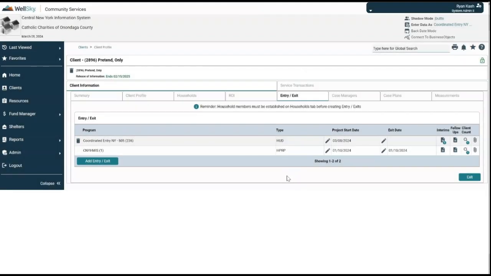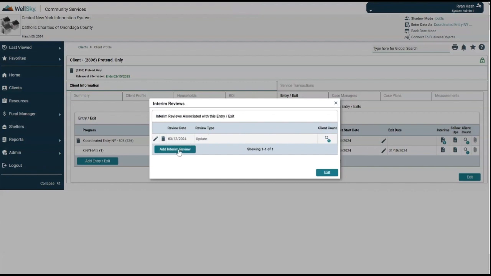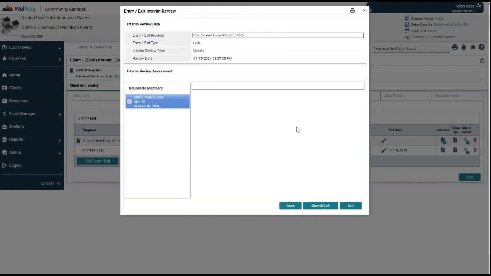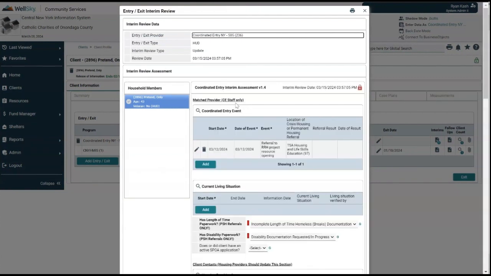For housing projects, interim updates can be used to view matches as well as document any contact attempts made with the client or caseworker after a match has been made. To do this, click the icon in the Interims column and select Add Interim Review. The review type should always be update. For our example, this will be March 15th. Here at the top under Match Provider Coordinated Entry Event, you can see the match made on March 12th with